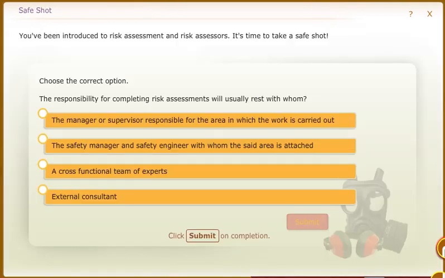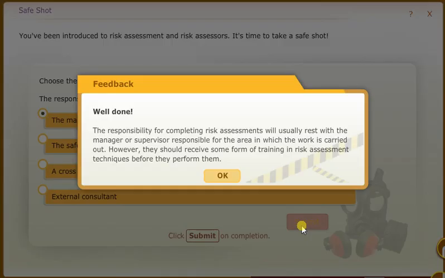You've been introduced to risk assessment and risk assessors. It's time to take a safe shot. Choose the correct option. The responsibility for completing risk assessments will usually rest with whom? Well done. The responsibility for completing risk assessment